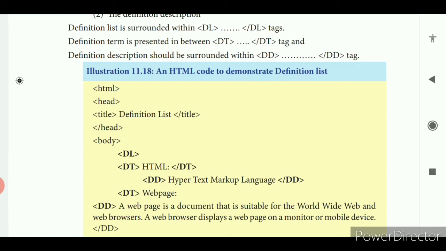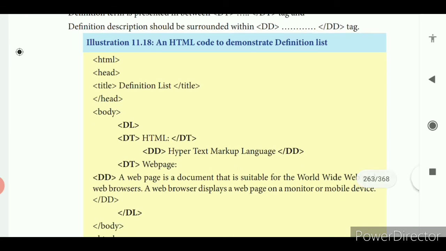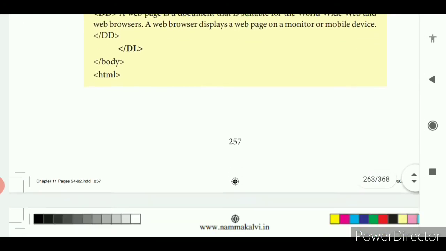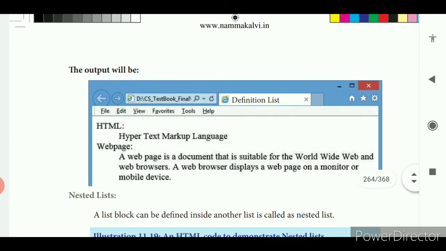In simple words, it is a side heading. Then DD means definition description, it is the content. Then here you see the output. HTML is a side heading, then hypertext markup language is the content. The same thing, web page is a side heading which is provided inside the DT, the definition term. Then a web page is a document, that content is provided within the DD, the definition description.